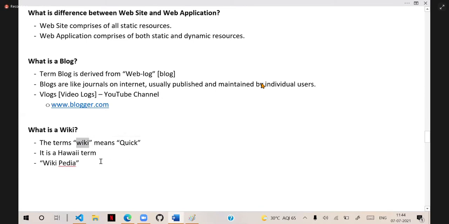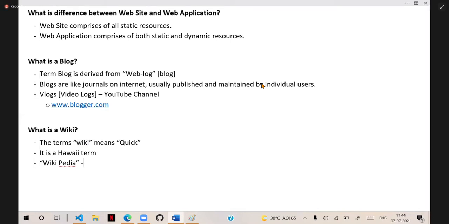You might have seen this Wikipedia. You know Wikipedia, and why it is called Wikipedia. What is the meaning of this?